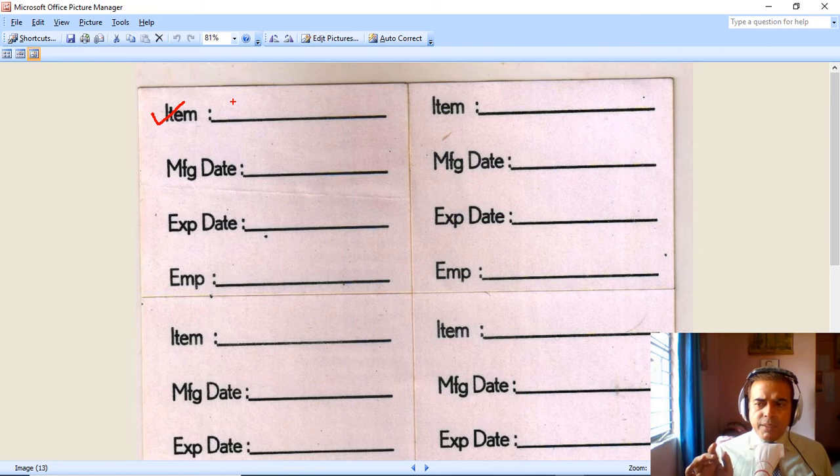So for all the boxes, first of all, we need to check. The employee needs to check. The last entry here is, I think, employee. So the person who is sticking this sticker, she would write their name here, which means they are accepting responsibility for checking the dates on the items and then writing it on the sticker. So by doing this, employees are being made accountable.